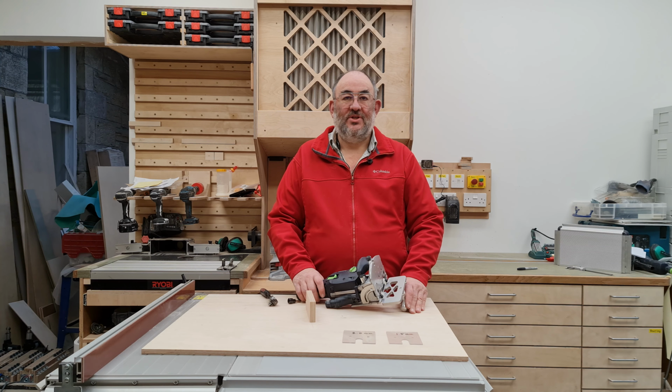Overall, I think the FC Tools DMX Deluxe is an excellent accessory for the Domino DF500 for the hobbyist user, and I shall be using it on every carcass stroke box cut from now on. I doubt that I'll ever do enough work to justify the jig system, but if I did, there is upgrade pricing from FC Tools for folks who already have the plate, so you don't have to duplicate the item in